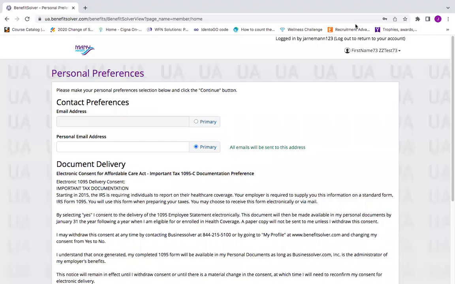Hi, I'm going to walk through the Business Solver, also known as the Benefit Solver platform that we'll be using since we're now in Manny Health. Even though the overall company is called Business Solver, the platform that we are using is called Benefit Solver. This is the website that they built for our employees to log in and